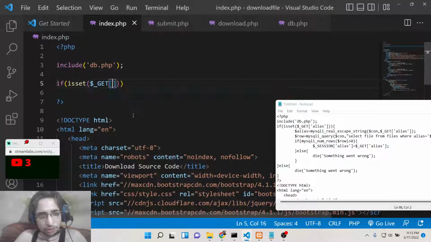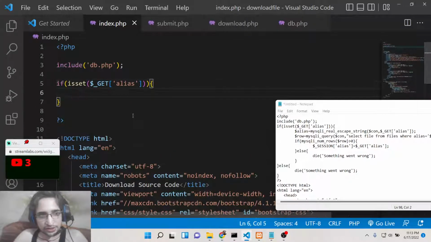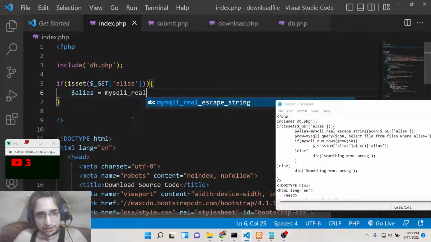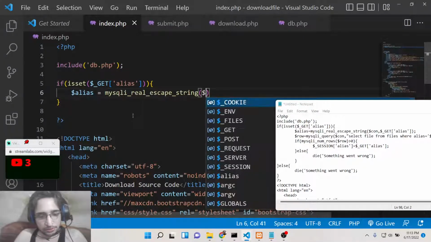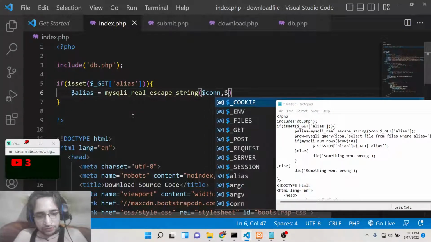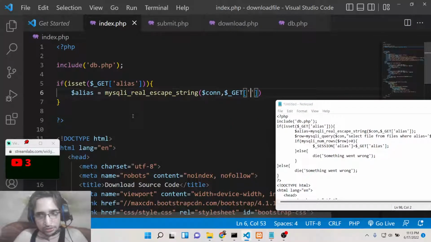This is slightly complicated, but it will be understandable. Alias, you can see that. If the parameter is present inside the URL, then we will get the parameter alias, mysqli real escape string. We will pass the connection object and we will get the parameter which is present, alias,